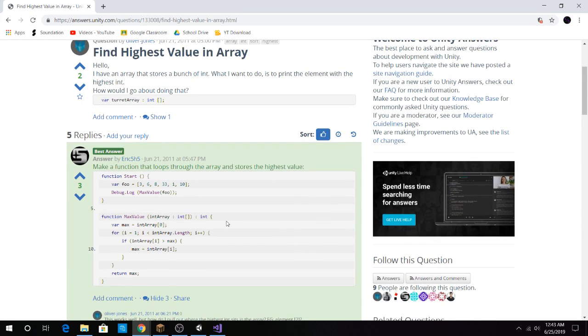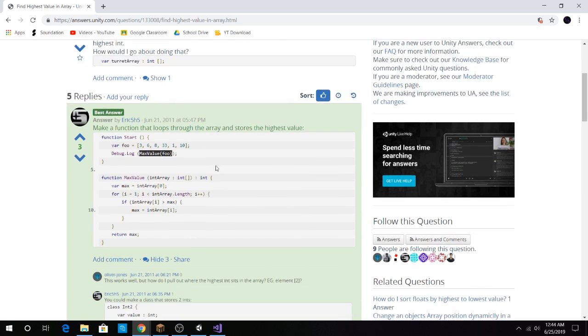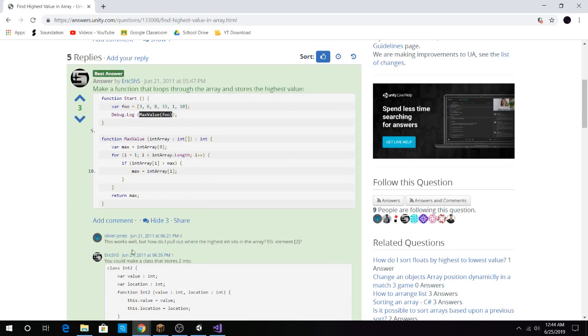So, okay, this one, what it basically wants to see is max value of... okay, so for int i equal to 1, if less than max,